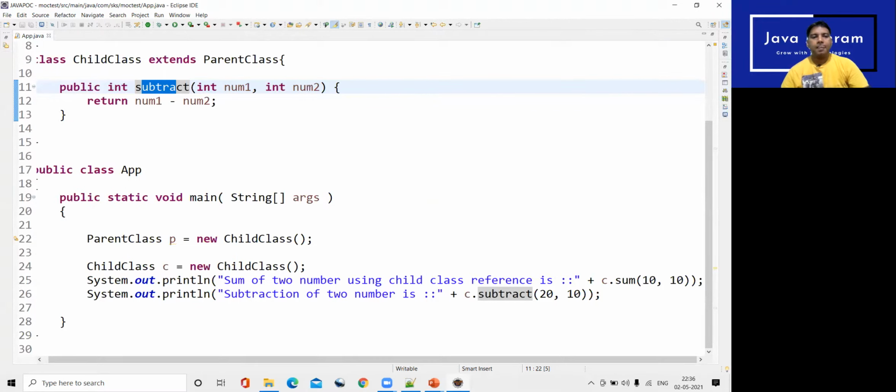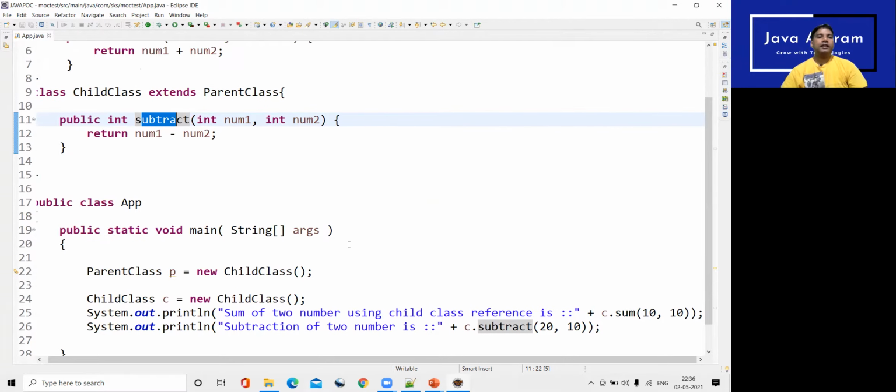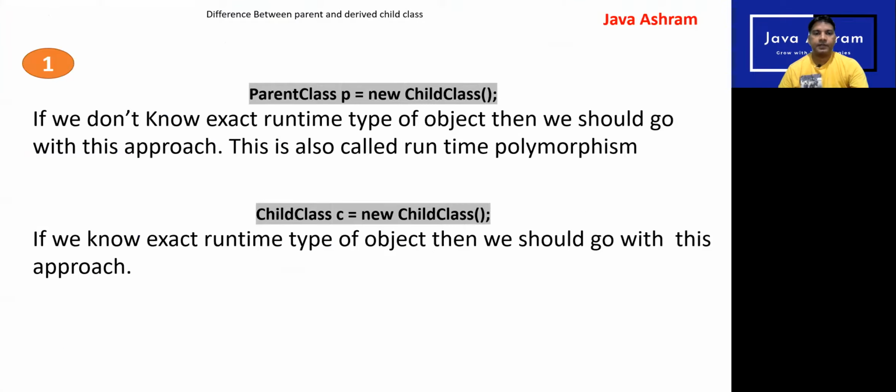So here we can conclude: using the parent reference, we can call only the parent class method, right? However, while using the child class reference, you can call both the parent class method and the child class method, right? So let's see.